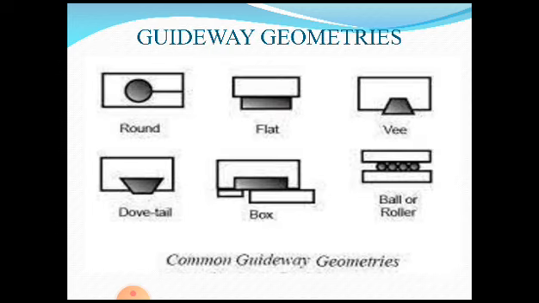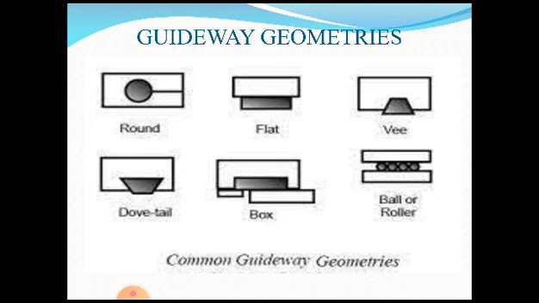So utmost care is to be taken that the wear and tear of these guideways is reduced or prevented to a maximum extent. As you can see on the screen, these are different shapes of guideway geometries. In the first case you see the round, or cylindrical type of guideway. The second one is flat, the third is a V or dovetail, then box type, and ball or roller type. All these are different guideways used in manual machines as well as in CNC machines, based on the accuracy we expect or on the type of machine.